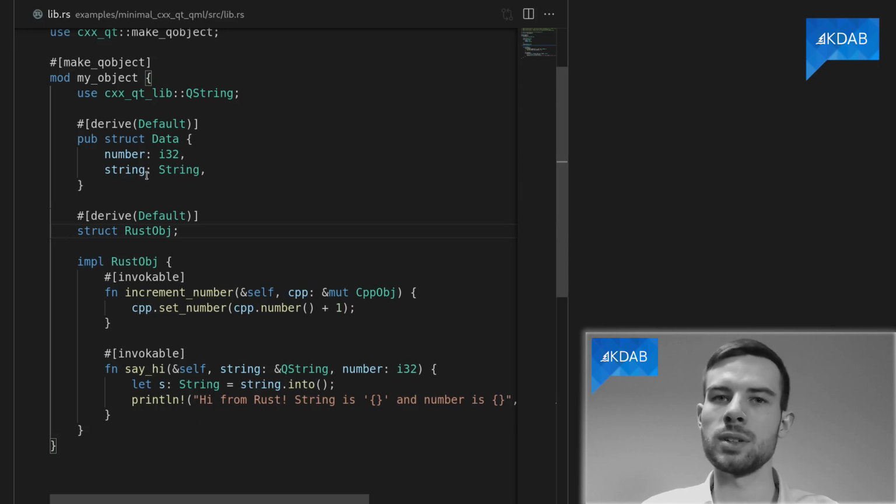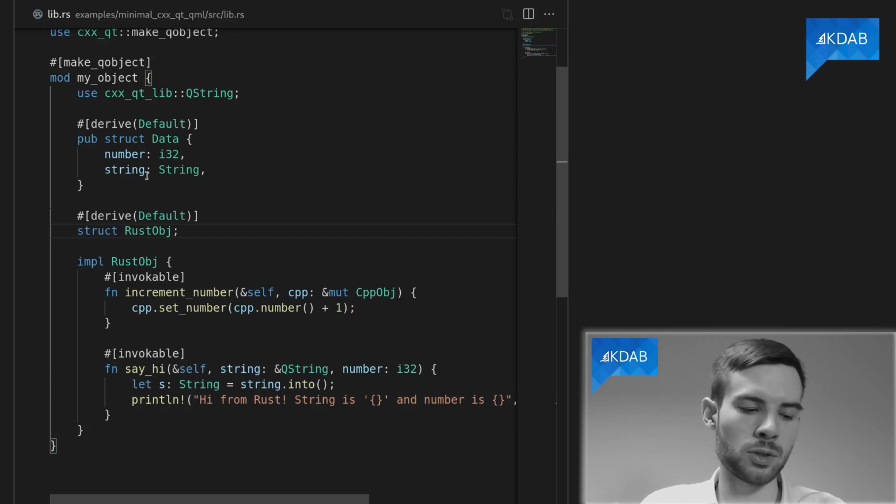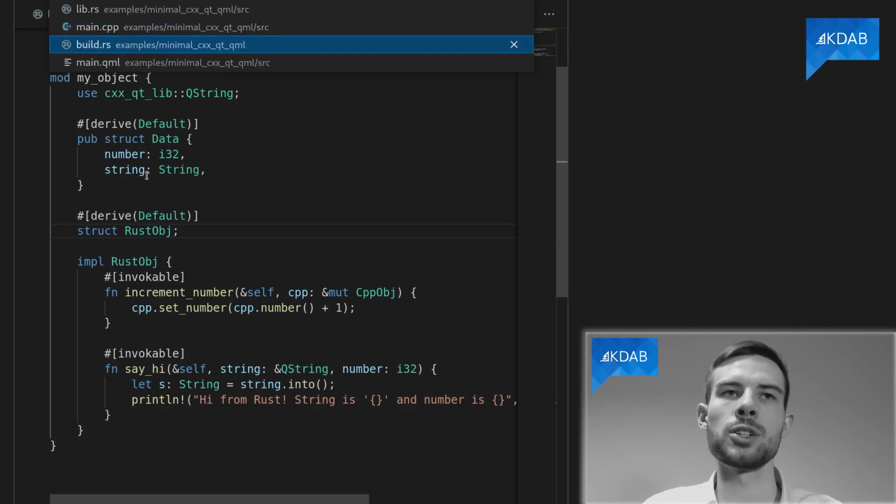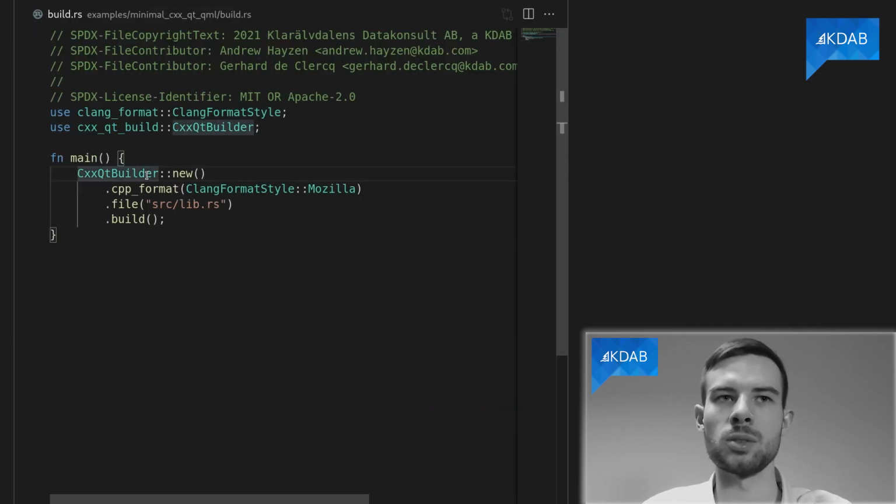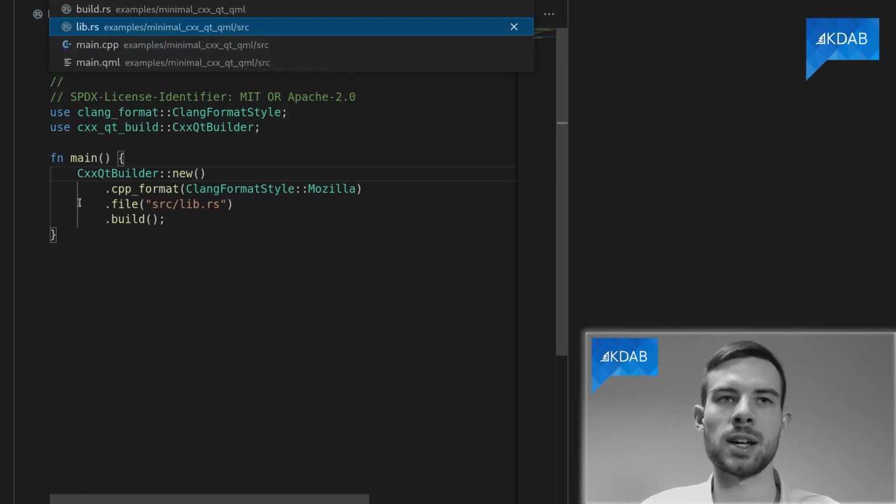Now that we've described what kind of Q object class we want to generate, we can then go into what is called the build script in Rust that then does the code generation for us, where we just add the file we want to generate from, and then just builds the C++ classes.